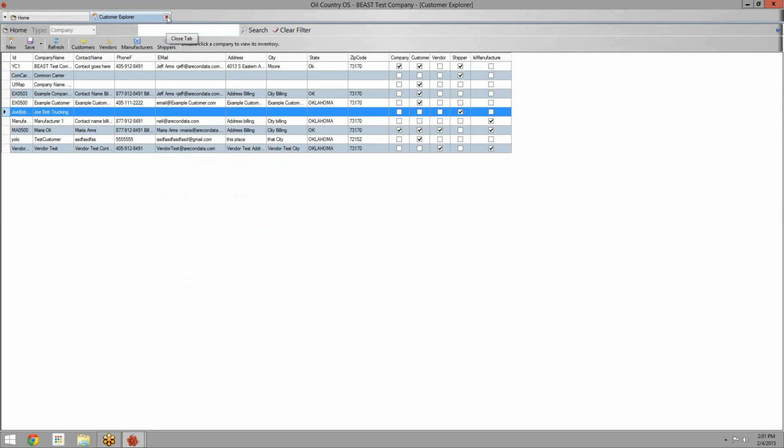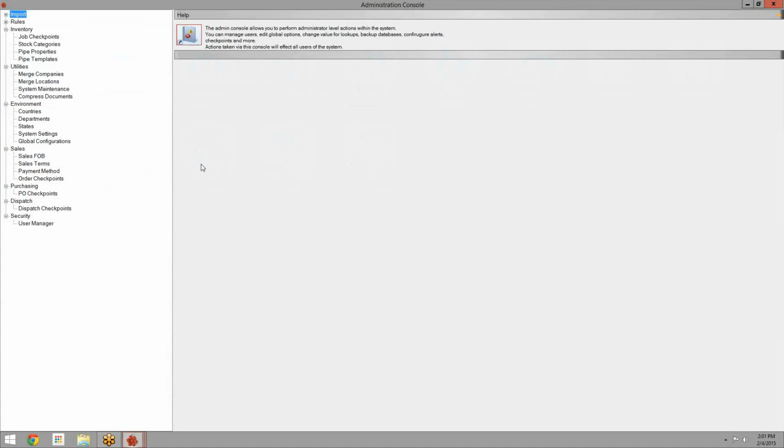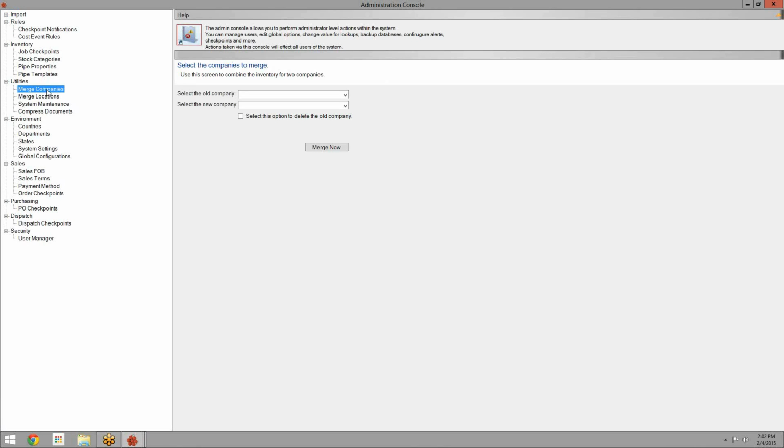All right. So now let me show you some of the functionality that we have built in for your system admin. If you right-click on the Settings button and click on the Admin Console, it's going to take you to my favorite place in the system. This is where you can really dig in and do some really powerful stuff. You'll see over here in the Utilities section that you have Merge Companies and Merge Locations. If you want to do this a little bit easier, instead of having to search through everything and right-click and all this other stuff,